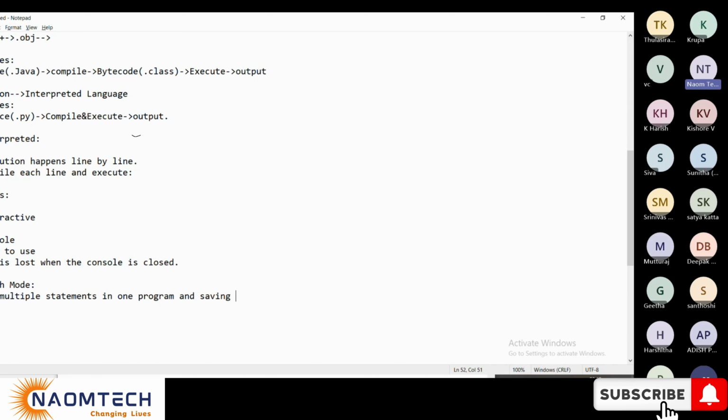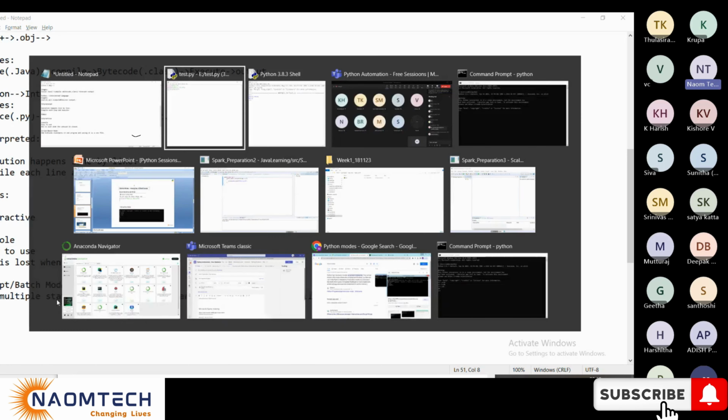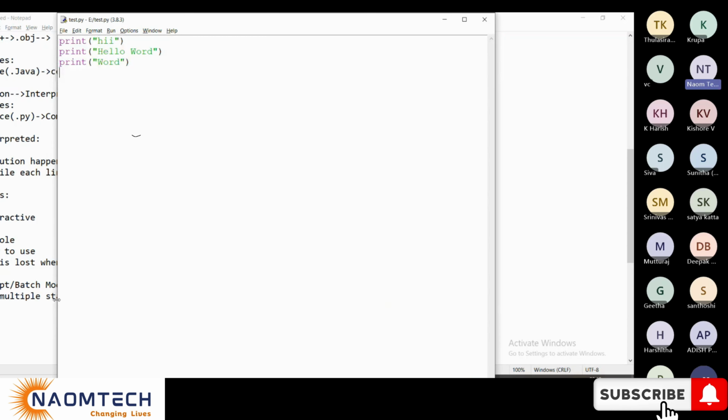We save it as one file and run it as one file. That is called script mode. So that is the second one here, script or batch mode. Got it, friends? So this is about the different modes we have in Python.